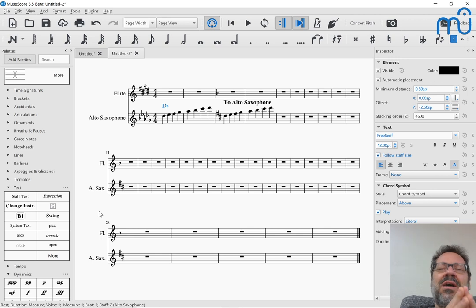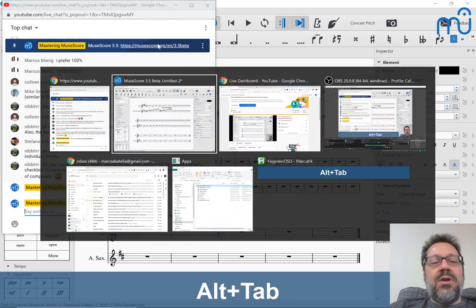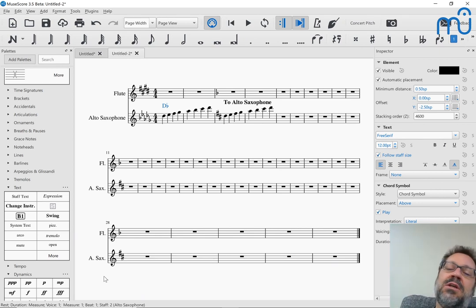I don't show you these things in the beta just so that you can say, oh good, I can't wait until I can use it. No, the point is you can use it. Please, we want you to install the beta. So at the top here of the chat, I have pinned the link to where you can download this. You can download it and still have MuseScore 3.4 installed. So if you're worried, oh, it's beta, it might crash. Yeah, it might, but